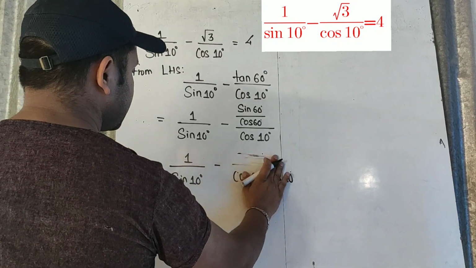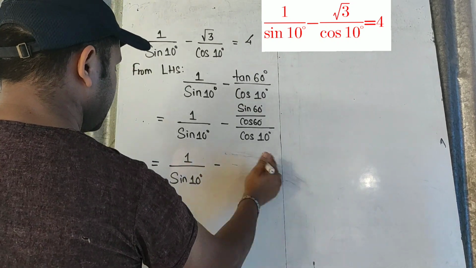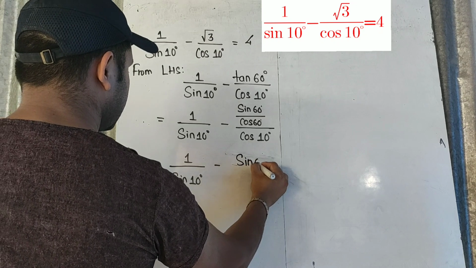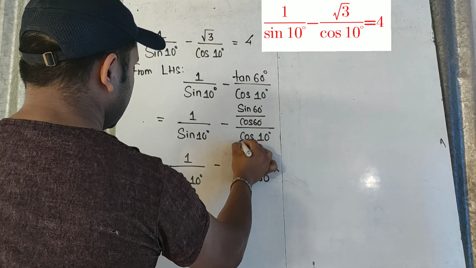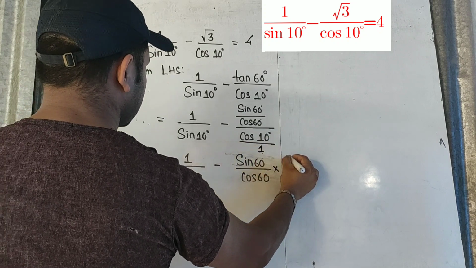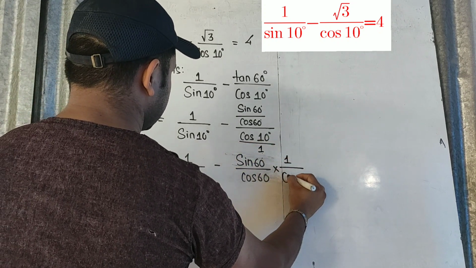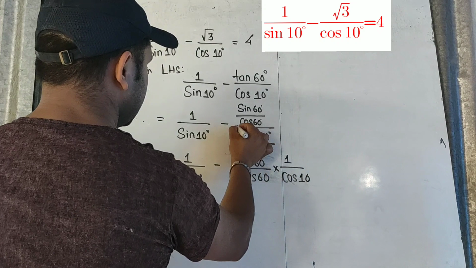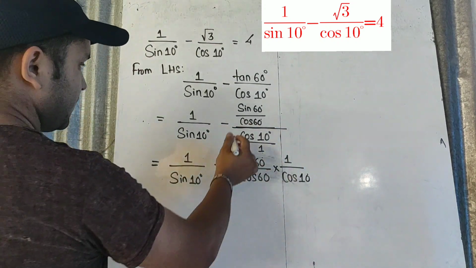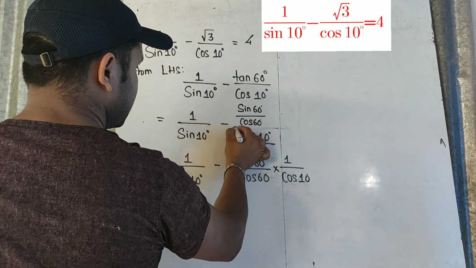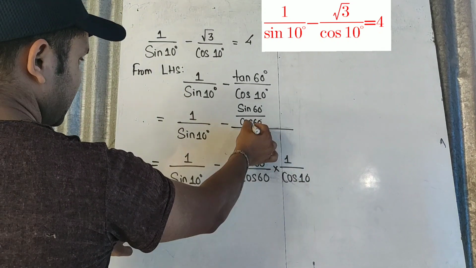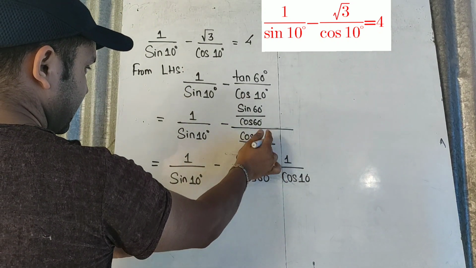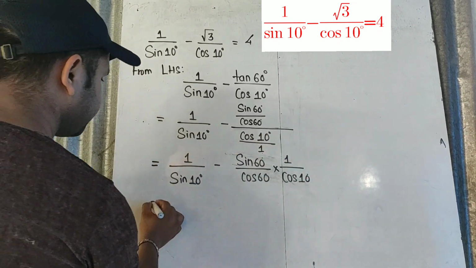If you are confused how to reciprocal, then see here. We will keep the numerator same, sin 60 by cos 60. Numerator will be kept same, and just below cos 10 you have 1. This one goes up, and you will have cos 10 left at the down here. This is the main denominator, or I mean to say that this is the major divide symbol. So this numerator will be kept same, and this will be just reversed.